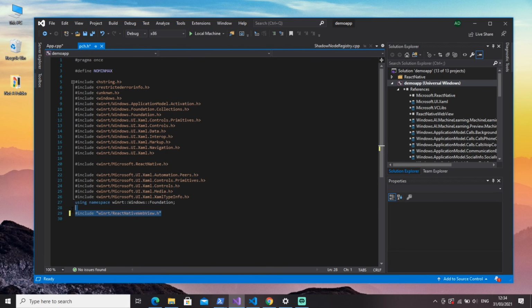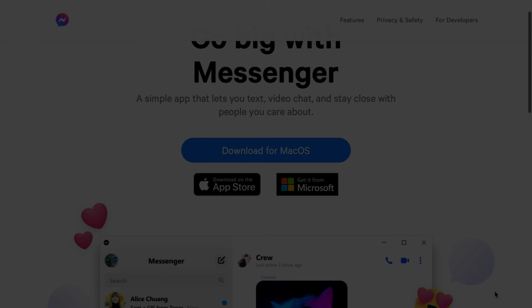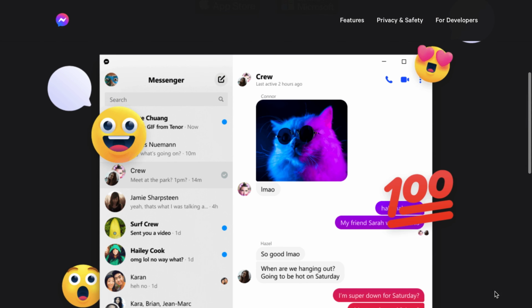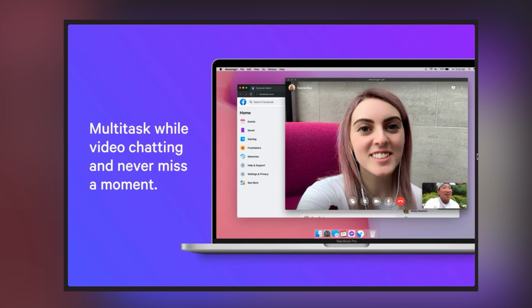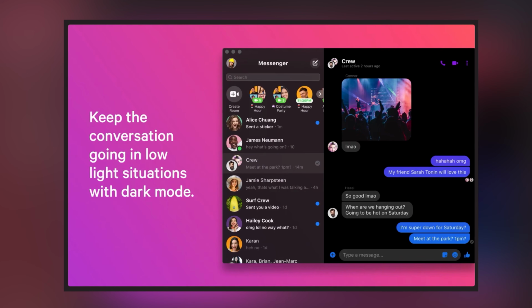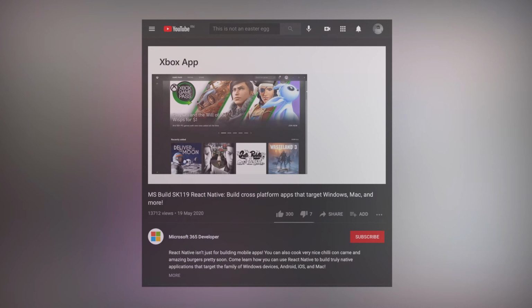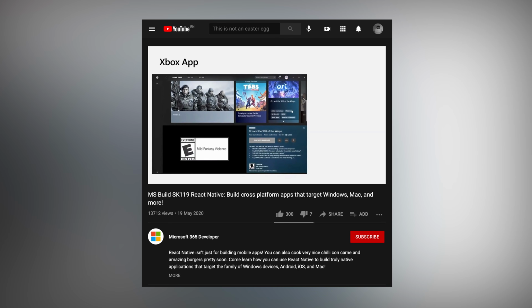Now obviously I wasn't working with something too complex at this point, so you might be thinking this doesn't mean much. However, if you have Messenger on desktop, they're actually using React Native Windows for their app. And when I see the final result, there's no way I would ever think this had been done with React Native. And this proves what you can get with more time and energy. It's also been known that Xbox used it for their PC app, and the result is as impressive as Messenger. Personally, I didn't think it was possible to make such apps using React Native.